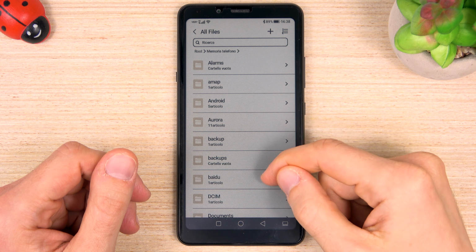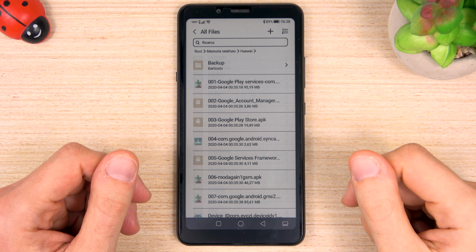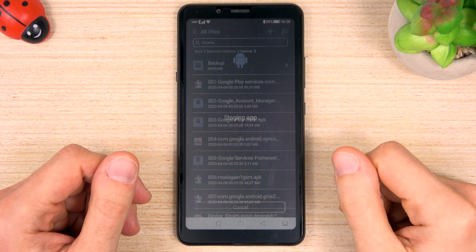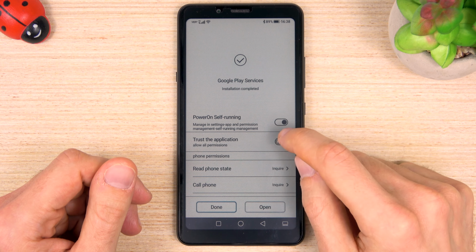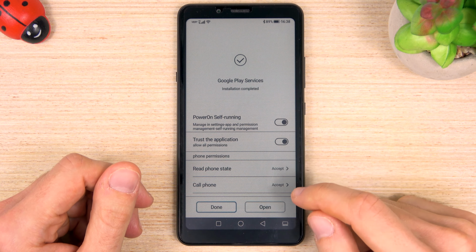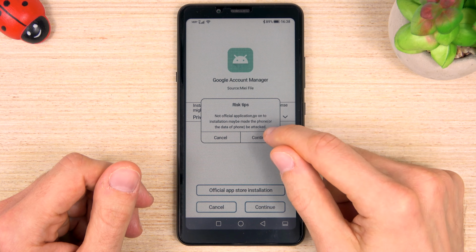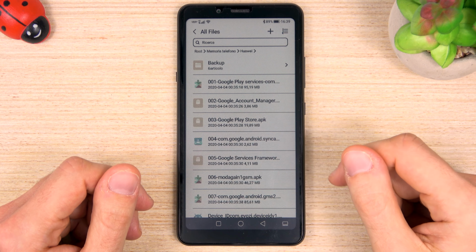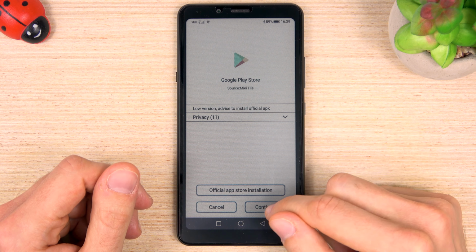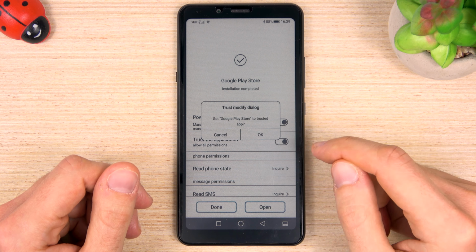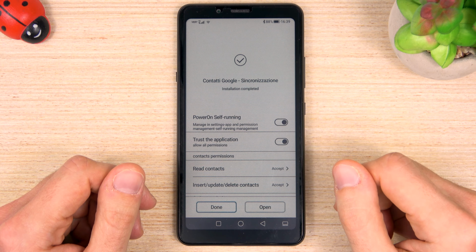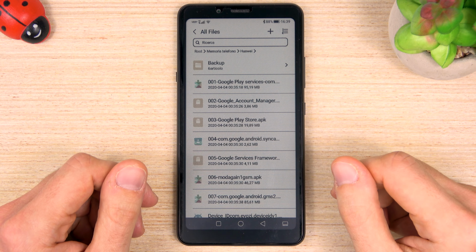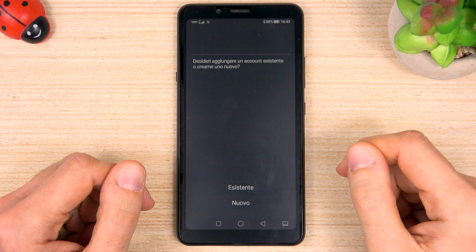Now let's go to the folder you just copied and install these APK files in this exact order. Now you have to log in your Google account.